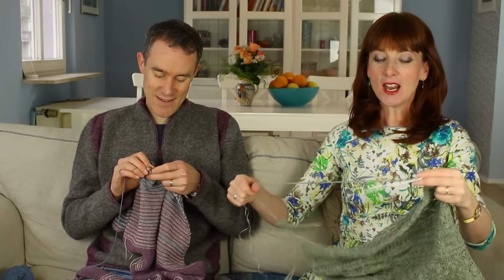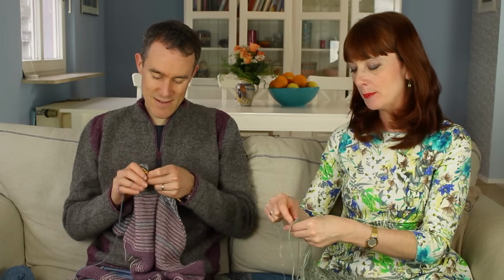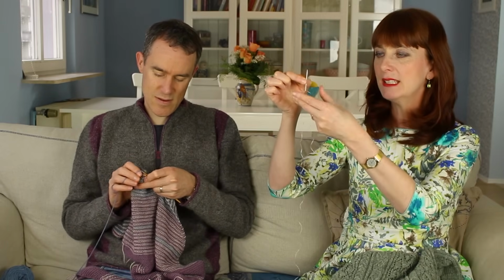Okay, so a lifeline is used in case you have to unpick your very difficult lace pattern and it's hard for you to find where you are or what row you are, or to be able to identify that. And what you basically do is you get a tapestry needle like this, and with some waste yarn or some embroidery thread, you get your knitting and...